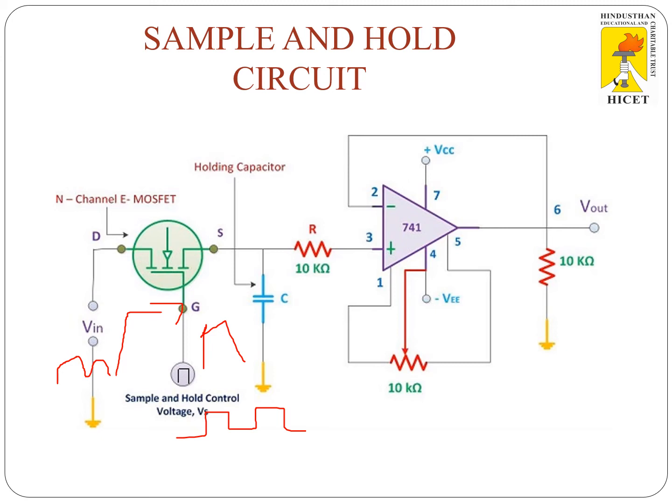So next, having this idea, we design an S and H circuit using an op-amp. Like I've told you, this is an input signal, which has to be sampled. Also we have the sample and hold control voltage, which is nothing but the control signal giving the time period for which sampling should be done, and the holding operation will also be decided by this signal. Next we have a capacitor which is required to hold the last amplitude level, and also this N-channel MOSFET.